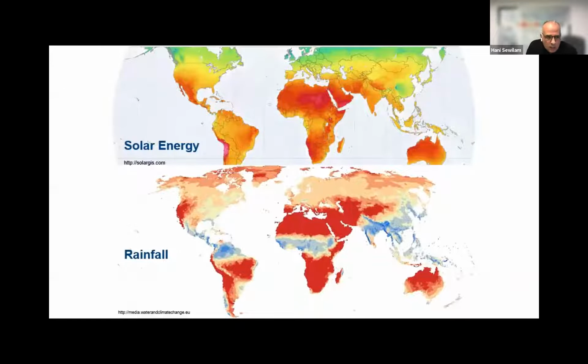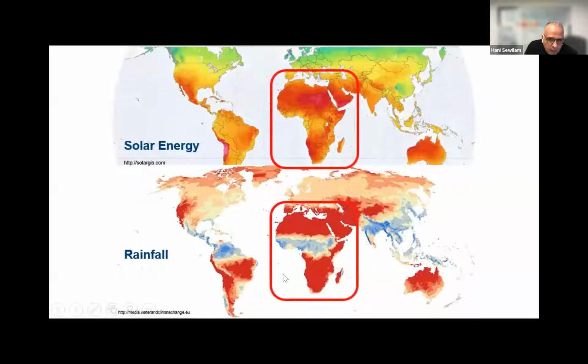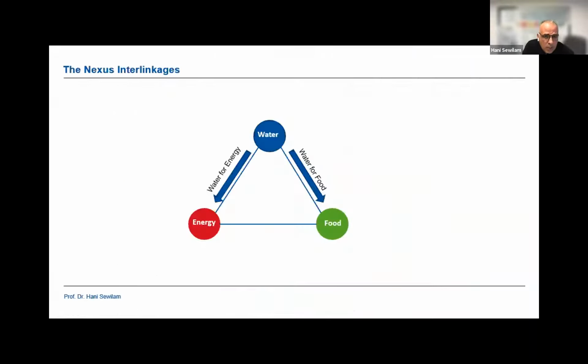why hydropower? I mean, in the future, this continent here, the entire Africa, if this is the amount of water available or the rainy area, this is the potential of solar energy. Why don't we think in the future of moving to solar energy as a source of energy? So here, if you go to the relation, for example, between water and food, as a second example, and then I will close,